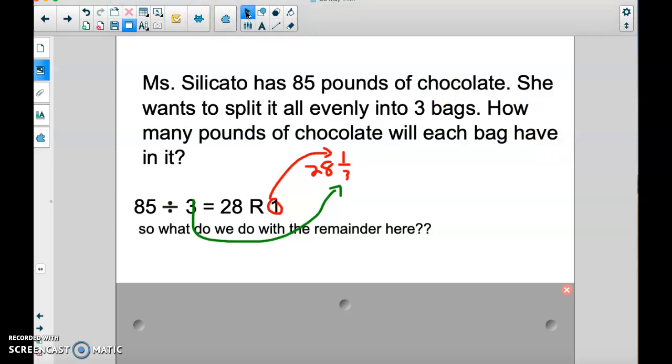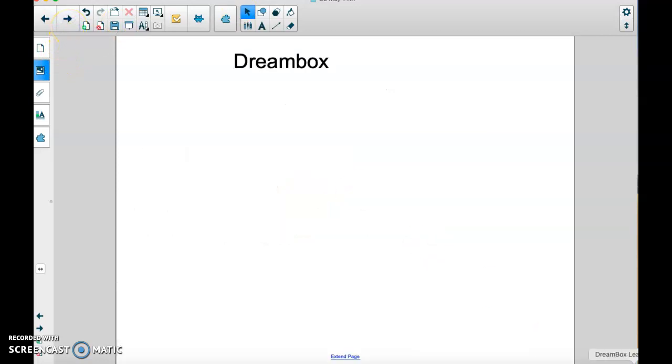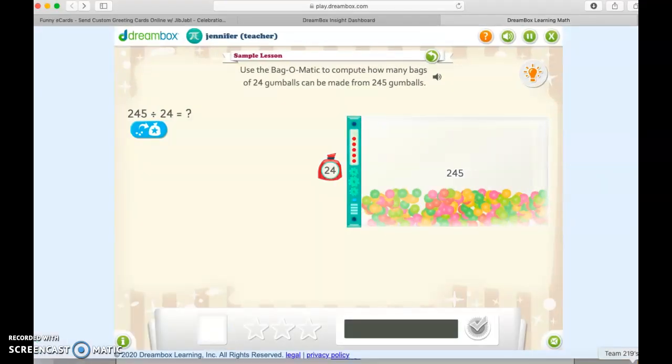So what we're going to be doing today is we are going to do a Dreambox activity. But guys, I want to talk to you about Dreambox just so we're all in the same understanding, okay? So hopefully you're still seeing this screen. When I open up the lesson or the assignment for today on Dreambox, it'll look something like this, still